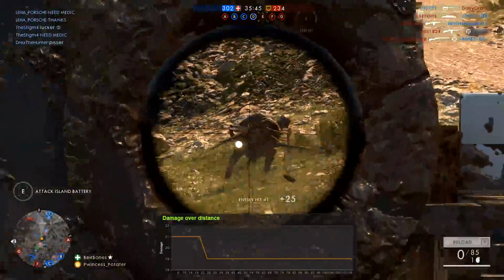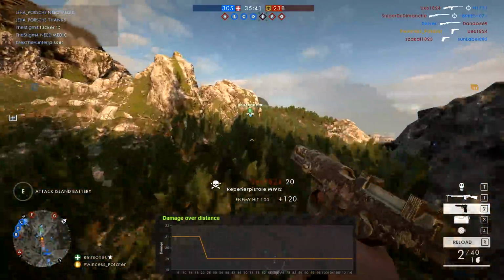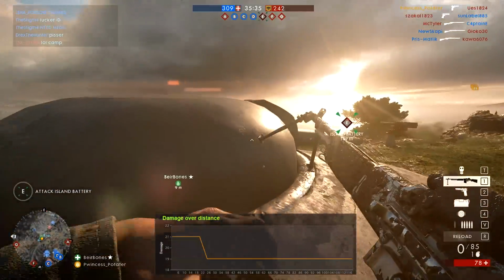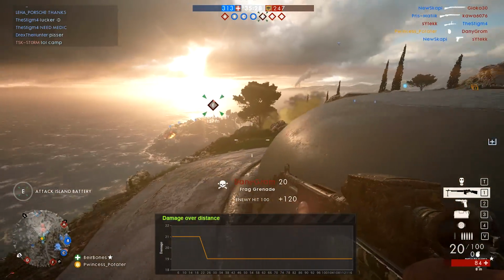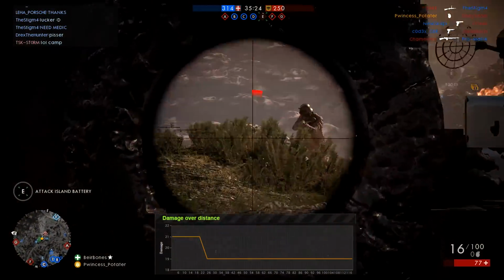round magazine and it has a maximum damage of 21 and a minimum damage of 19. Now damage drop off starts at about 20 meters and ends at 25, so it hits hard pretty much constantly. Magazine size will mean that you need to reload quite a lot, and tap firing it is pretty much out of the question because of those inaccuracy issues, although I've had a few successful tap fire kills but not that